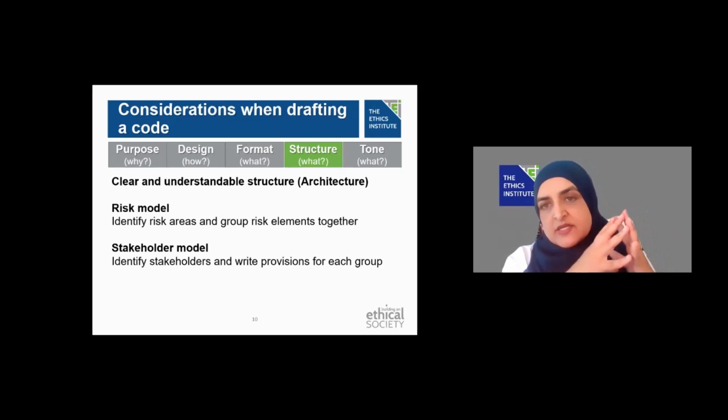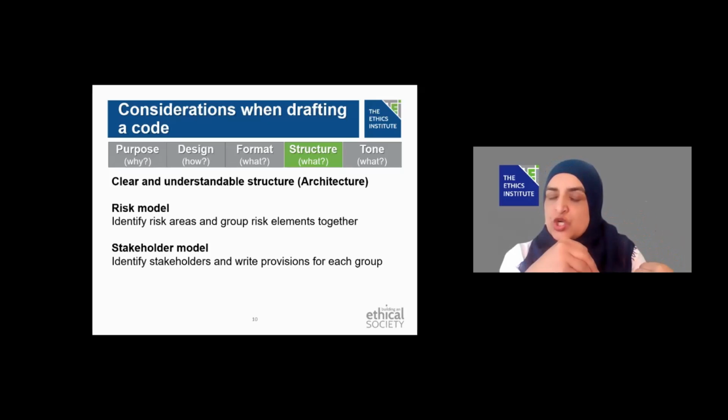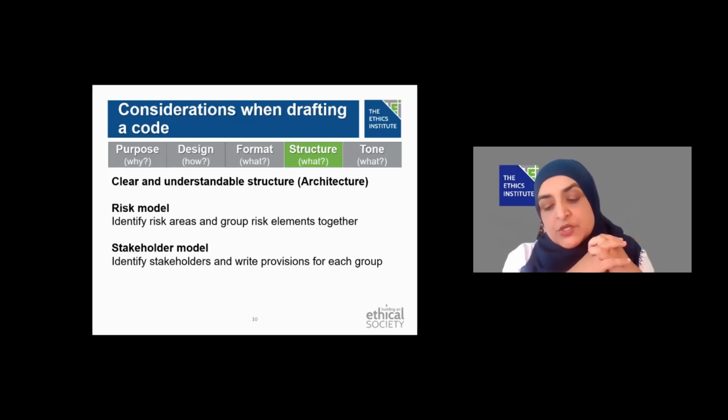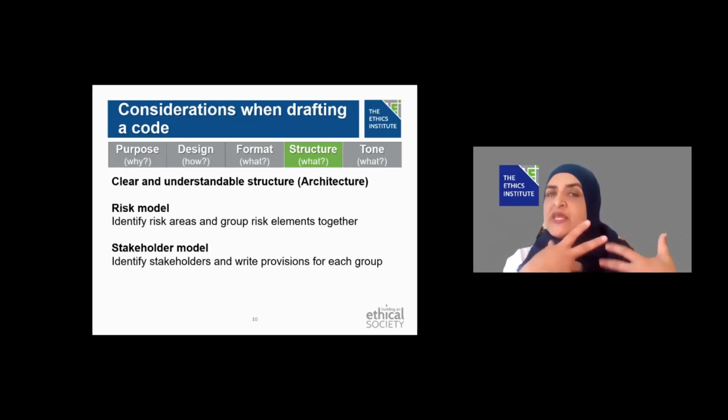Then other organizations opt for a more stakeholder model. In those organizations, when they structure the document, they're all about their stakeholders. When they write the document, they want to bring that out, so they write the provisions around their stakeholders. As you draft, it's a good thing to go out and search the internet and find examples of others in your industry. What are they doing? Get a feel for it as a drafter, so you can be creative in that process, but also have some ideas around what others are doing.